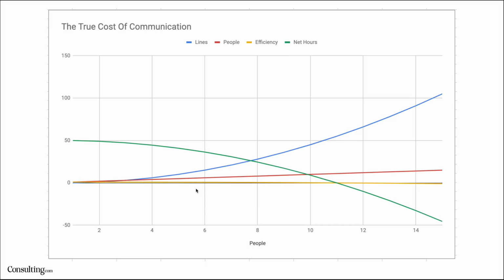But then I started to look closer at what was happening. When you add more people to a team, they have to be brought up to speed. The person who has to bring them up to speed is the person who was productively working. So now that person has to stop and teach this other person how to work. And then that other person eventually learns how to work and starts working,